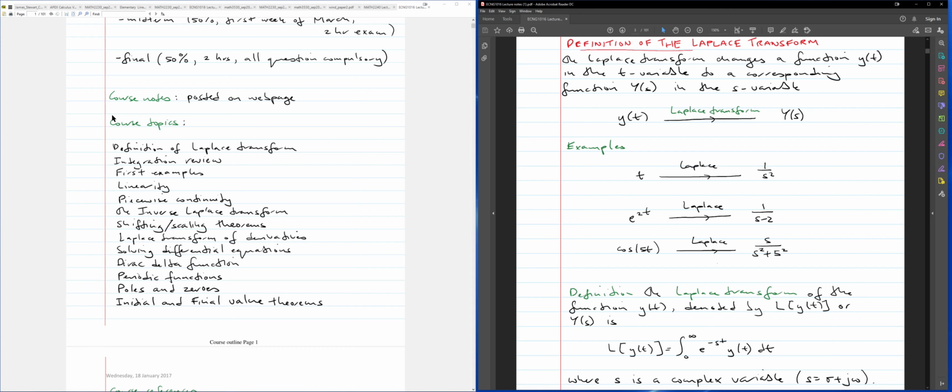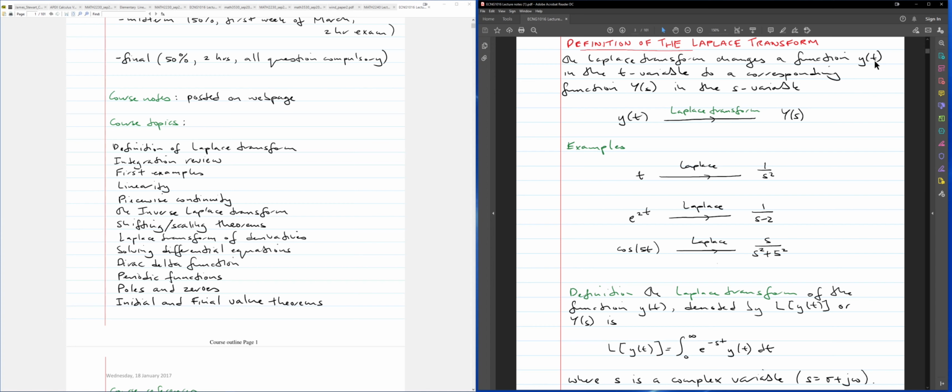These are the main course topics here. You could take a look at the course notes and read what these main topics are, but right now I'm just going to start with the course. The first thing we're going to look at is the definition of your Laplace transform. What your Laplace transform is doing for you is, given a function y of t,